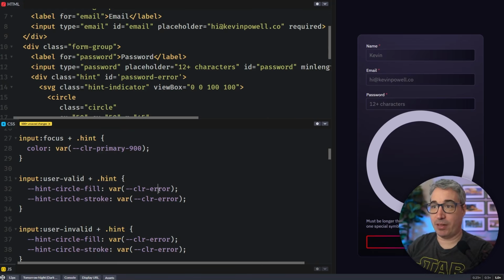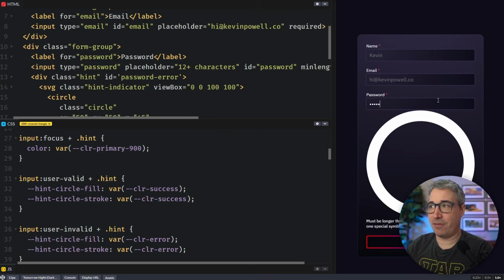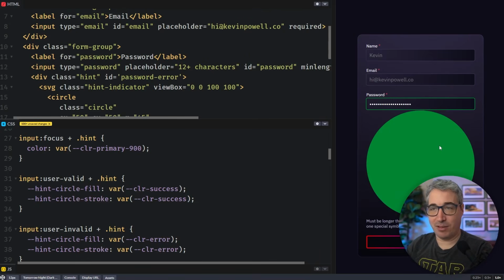And in this case, we want both of this error state here and this error here to get switched out for our success. So we end up with a green one, but we'll also have the check mark that comes in afterwards. The problem now is, as we're filling this out, again, it's looking for the user valid, which means I have to leave the field before it comes in. And it would be nice just to get the validation as we're doing it, we get the little check mark that comes in and it changes to green